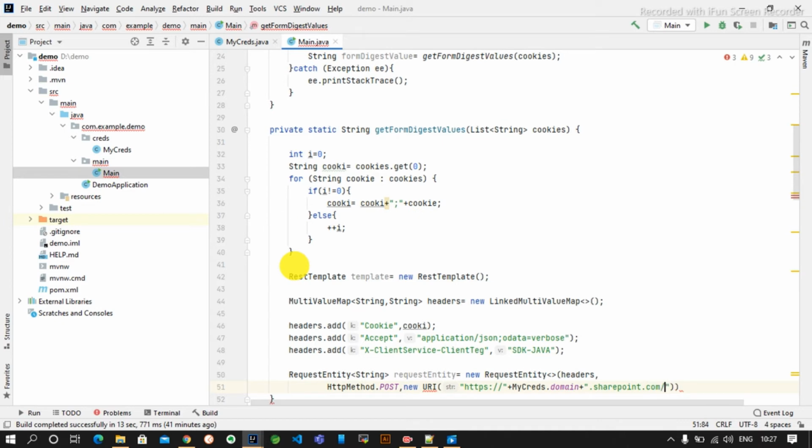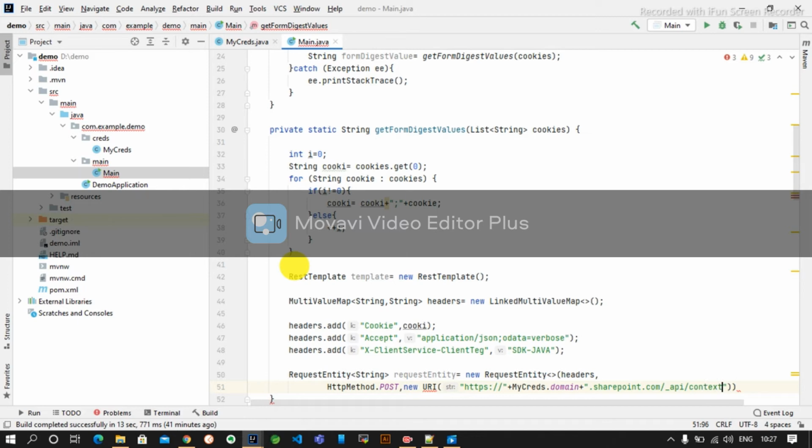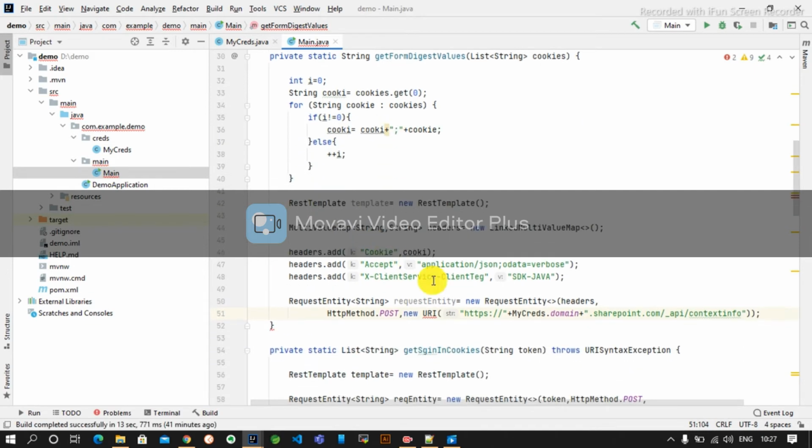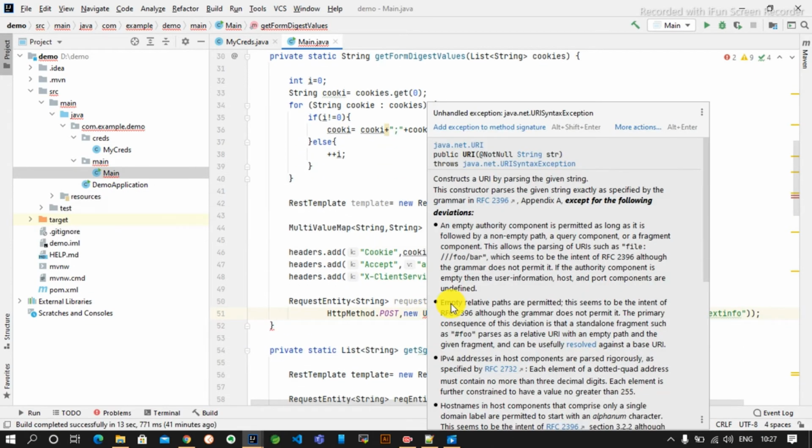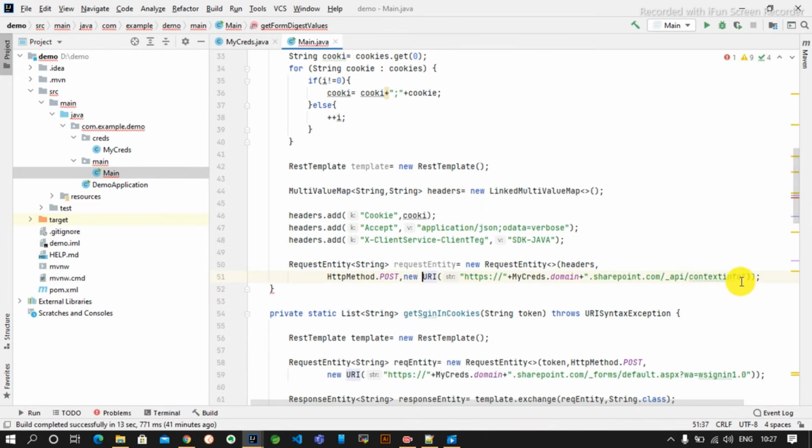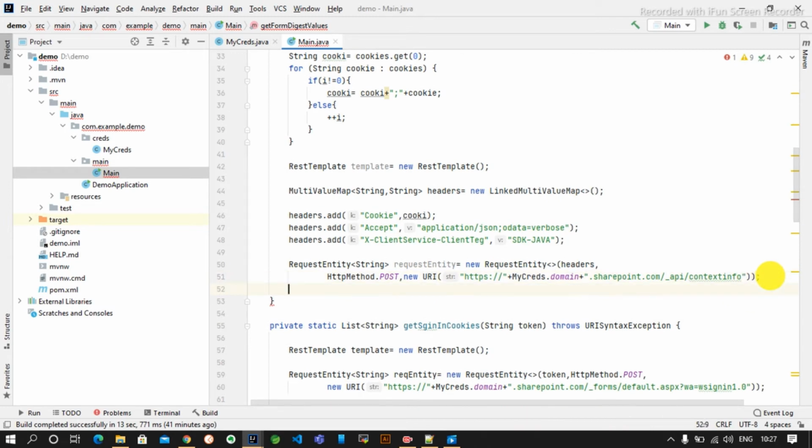Then you will use slash underscore API slash context info. It is saying to throw an exception. We will throw the exception as we are handling it in our parent method.